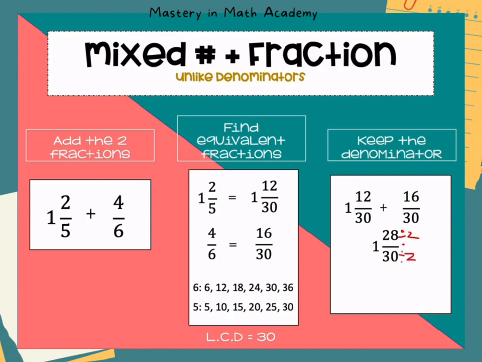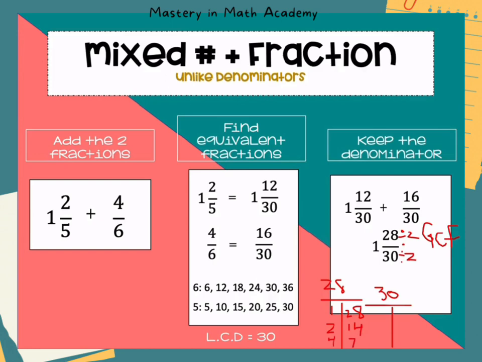We can divide both 28 and 30 by the number 2. And we call this number 2 the GCF, or the greatest common factor, because if you find factors of 28 and factors of 30, you will see that 28 and 30, they share the number 2, and that's the greatest number that they share. Because with 28, you have 1 and 28, you have 2 and 14, you have 4